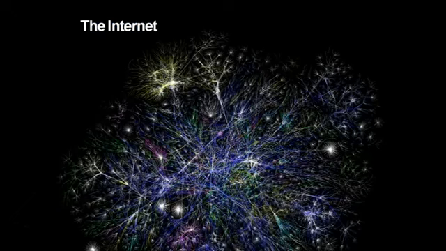So the internet, right? This is where we live. And it looks something like this, according to the kinds of maps that people have been making since the late 90s. This is a visualization of routing interconnections on the internet, sort of the topology of the network. But just seeing the shape of the land in a picture like this doesn't really tell us that much about what's there. Are there trees? Are there people? Are there flowers? Are there mountains? We need a different level of detail and a different kind of information in order to make sense of the devices and the information that make up the internet.